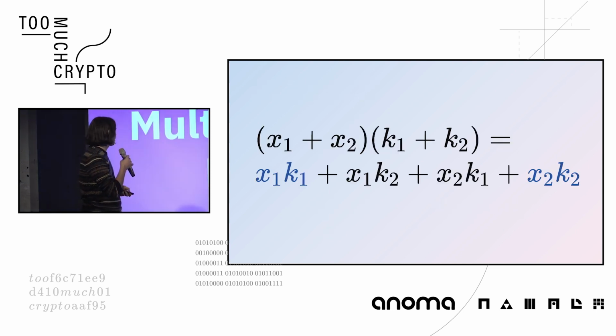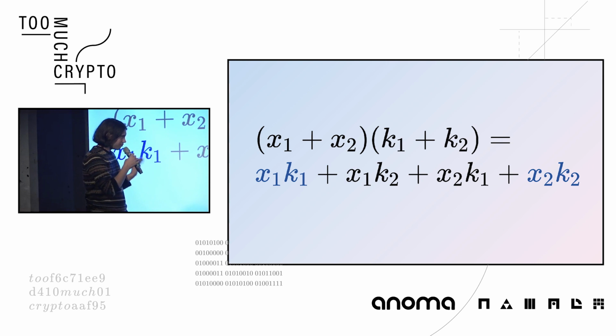So multiplying numbers, how hard can it be, right? Well, it's actually pretty hard. The basic issue is that when you multiply two secret shared values, the multiplication distributes and you get something like this. So you have x1 times k1, x1 times k2, etc. In blue, you have the same value on each side, so it's x1 and k1 or x2 and k2, so that you can do locally because it's just owned by